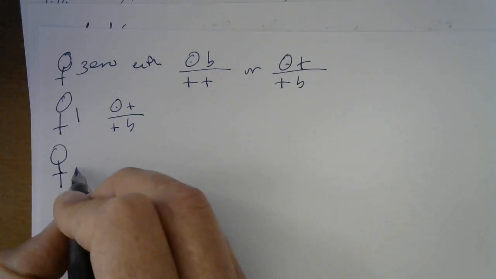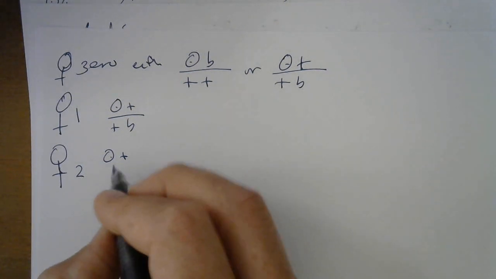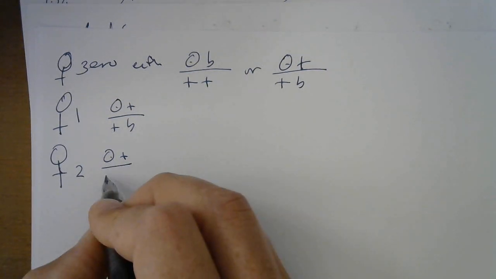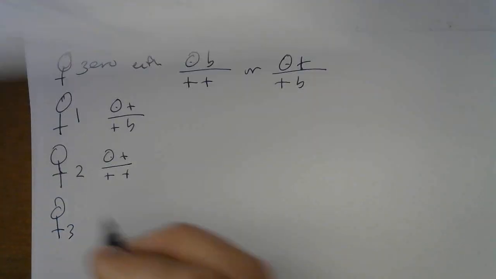Female 2 is only heterozygous at the orange locus, and female 3 is in the cis